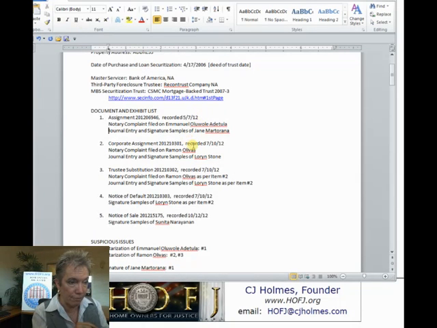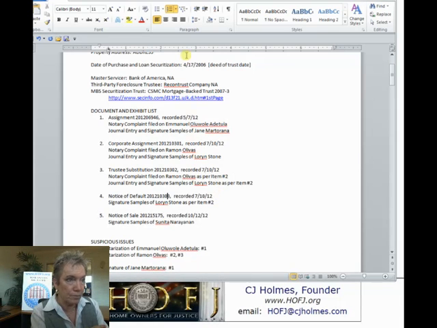The next 3 were filed just boom, boom, boom. And you'll see by their numbers. So here's the corporate assignment 01. Here's a trustee substitution 02. And here's a notice of default 03. And so this is why owners need to understand you're not going to get typically the assignments, substitutions, until you get the notice of default, and it's filed just boom, boom, boom, virtually all at the same time. It hits the recorder's office, stamp, stamp, stamp, right in that order.